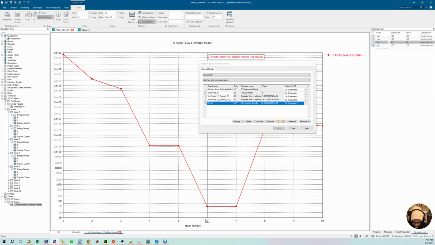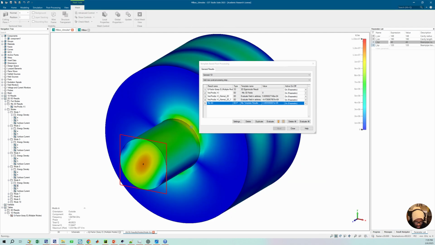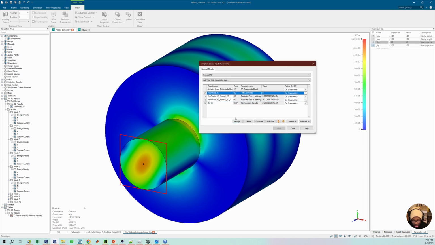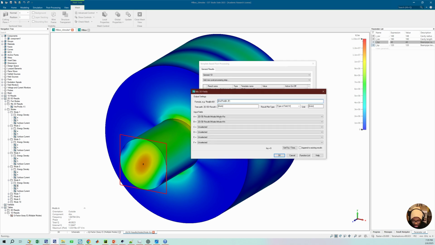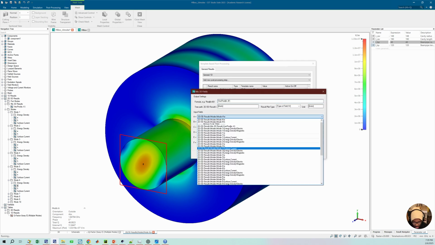Now let's try for another mode, and let's try for mode 6. Mode 5 is the same mode, but they're different polarization. So you see it's the same external quality factor. Let's try for mode 6, and maybe we should look at mode 6. Yeah, this is what it looks like. So dipole mode 2. So I'll just go over here and change this to mode 6,